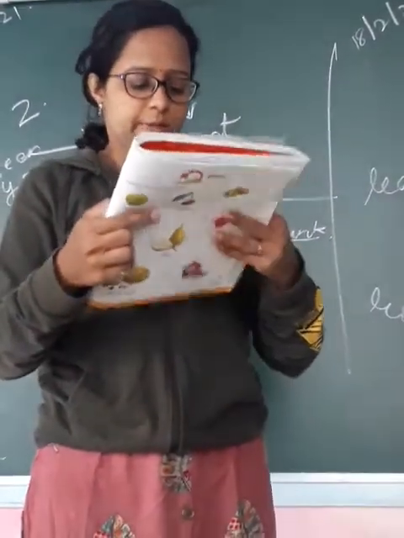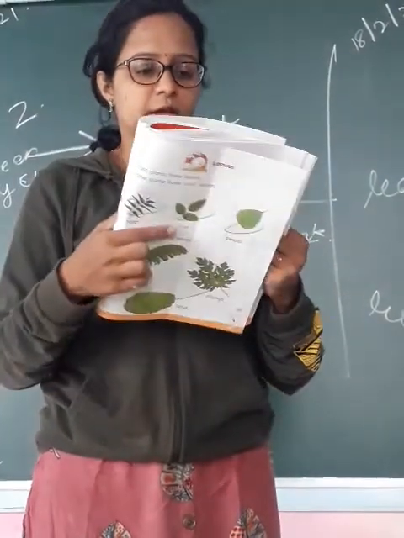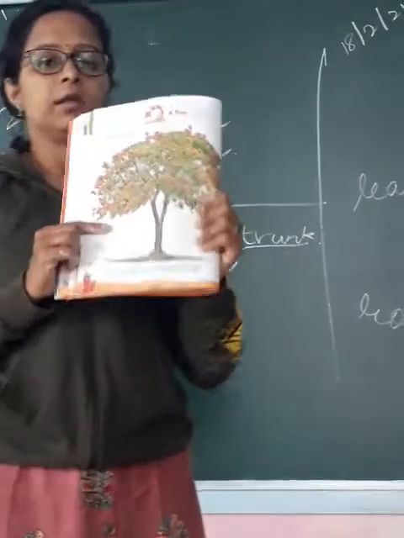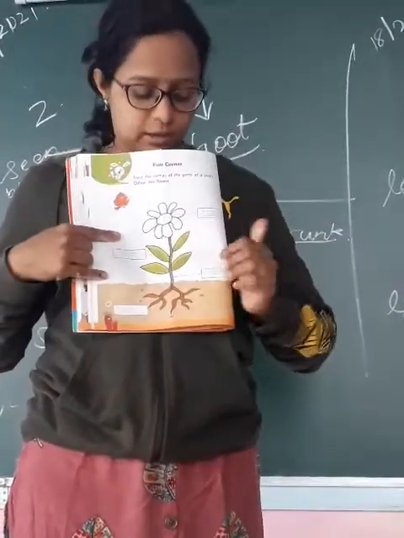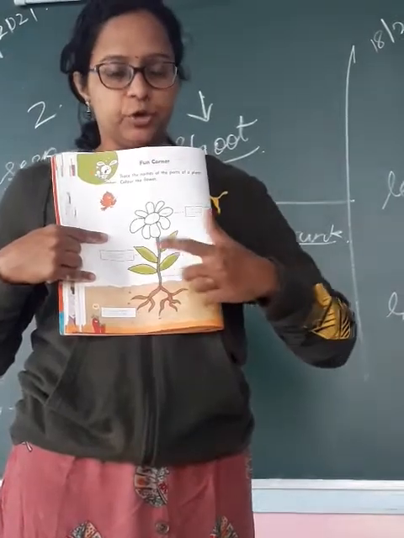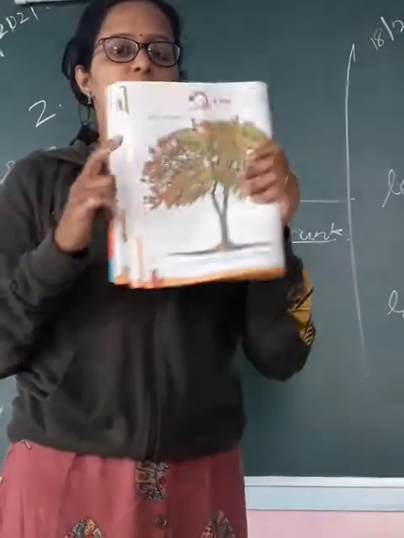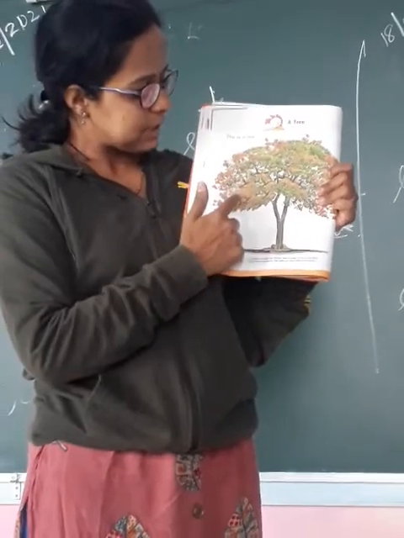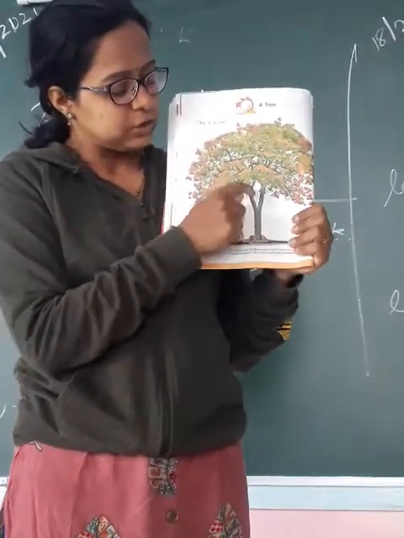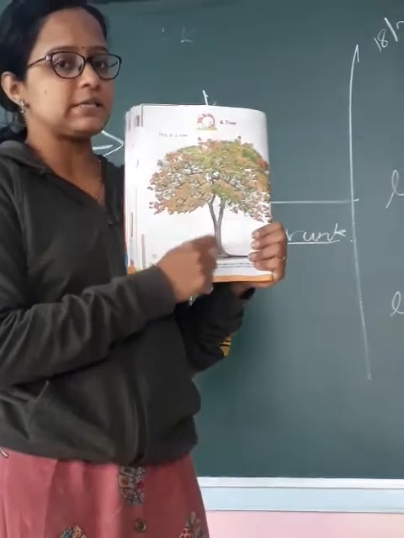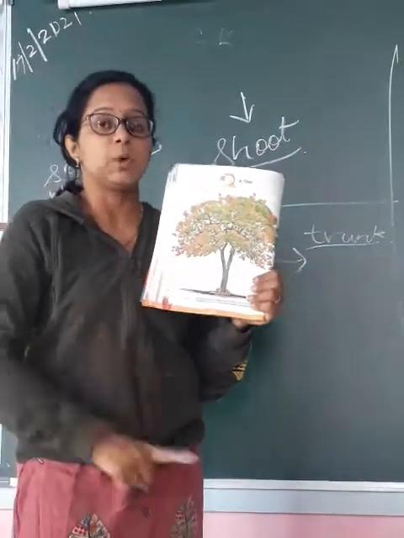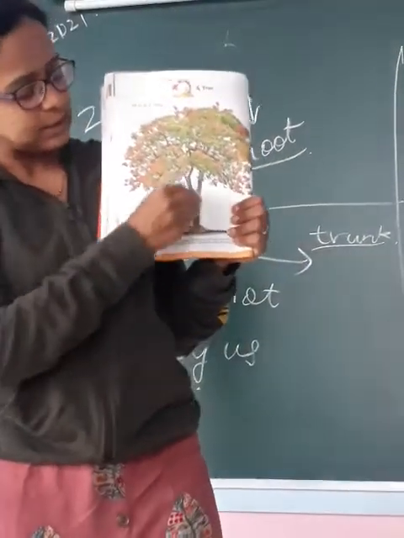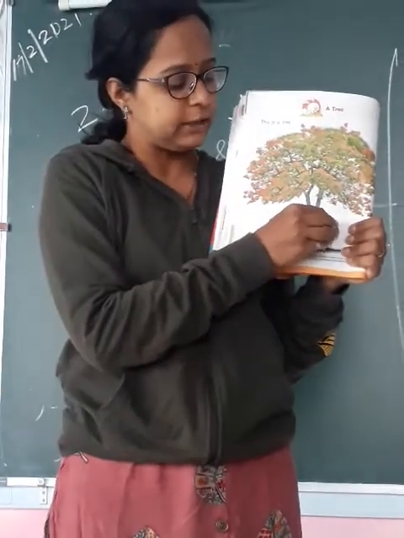Here, page number 64. See here. In your story of a plant, you had a small plant like this, correct? This was called the stem, I told you. Now this plant has grown into a big tree. See, so many flowers are there. There are some vegetables grown out. Now you call this the trunk, not the stem. This is called the TRUNK, trunk. When the plant grows into a big tree, the brown color standing line of the tree is called the trunk.